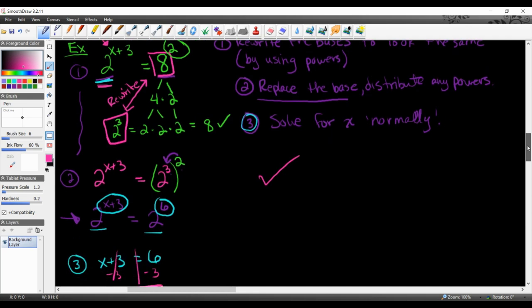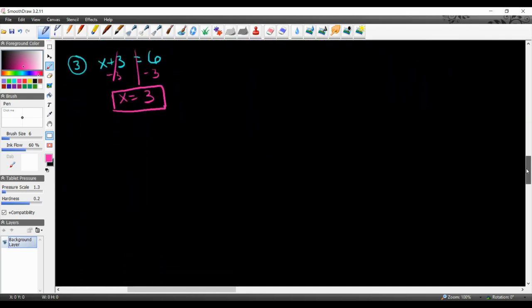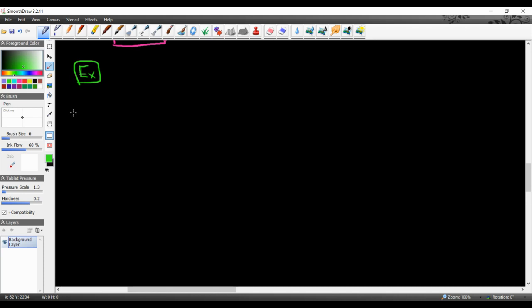Okay? Let's try another one of these, and then I think that'll probably be it, unless we have time for another one. So let's do another example with a different base. I might do one that's not too difficult, and then I'll do one that's a little bit difficult. Okay, so let's do 12 to the power of x minus 7 is equal to